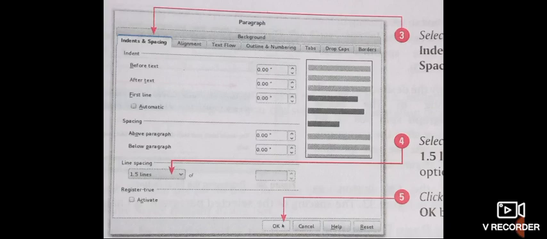After clicking on the Indent and Spacing tab, we have to select the line spacing option as shown here, marked with step 4. When we click on the drop-down arrow of the line spacing option, it will show all the spacing options. Now we set the appropriate spacing option for our text and click on the OK button to apply that spacing option to our paragraph. Next,